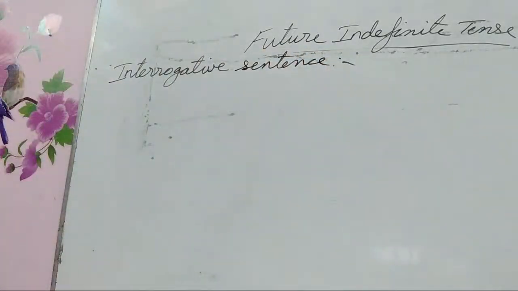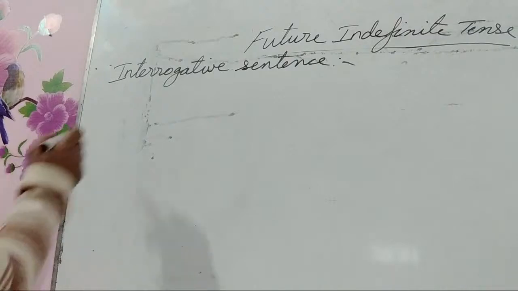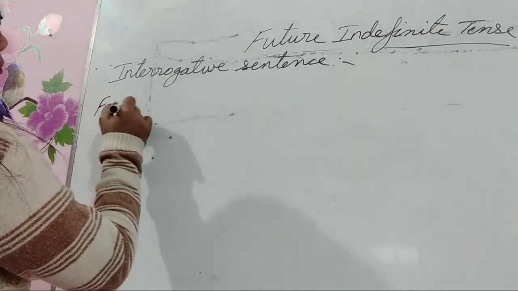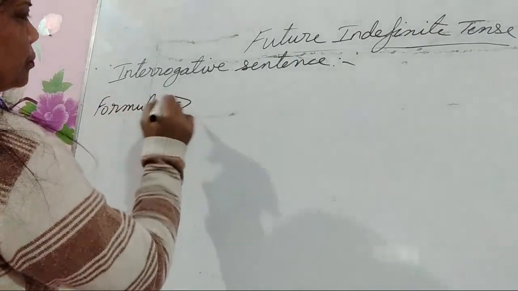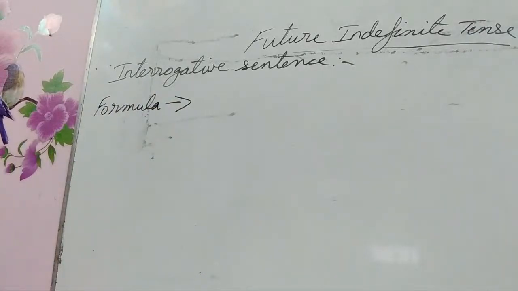Now we are going to see the interrogative sentence in future indefinite tense. Now the formula for the interrogative sentence in future indefinite tense is